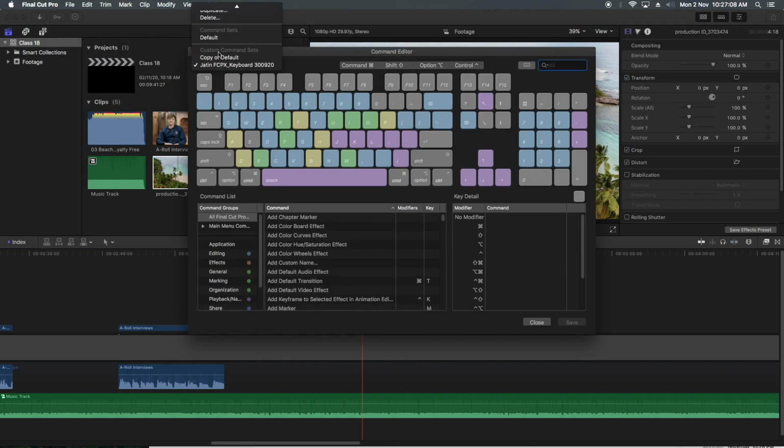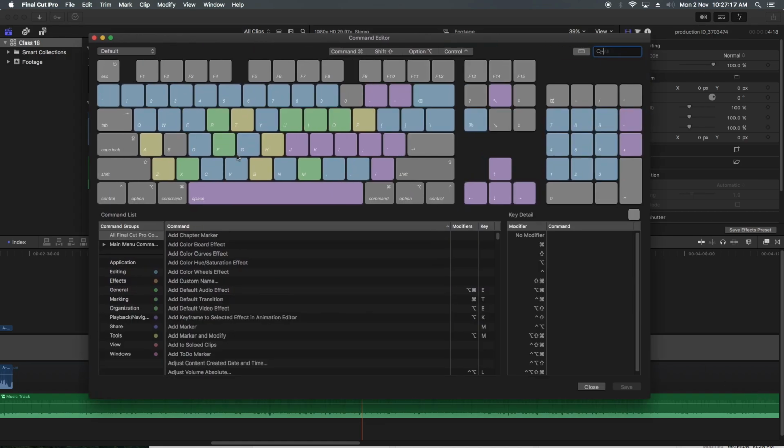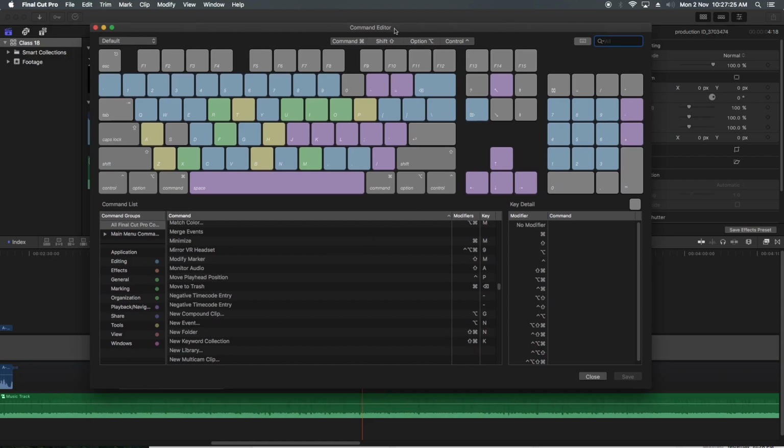Okay, let's change it to default. So this is the layout, how the commands look, and you will find so many commands here. How you can identify the command is, if I click on any alphabet, on the right-hand side it will show how this alphabet is connected with different commands.